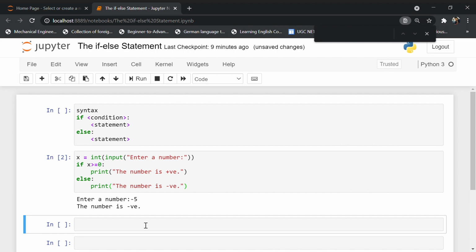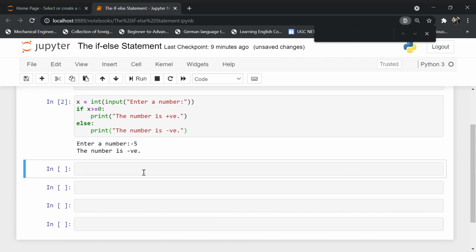So let's take another example. We are taking the same variable, and we have to check whether this number is even or odd, right? So we are taking another example. We are going to solve it with the help of the same if-else statement.